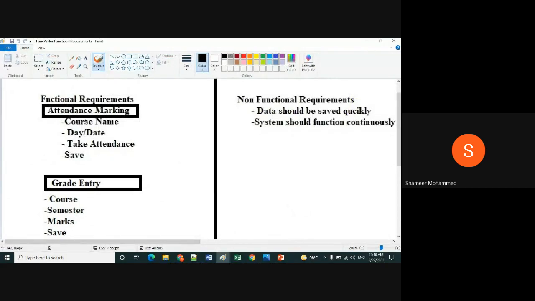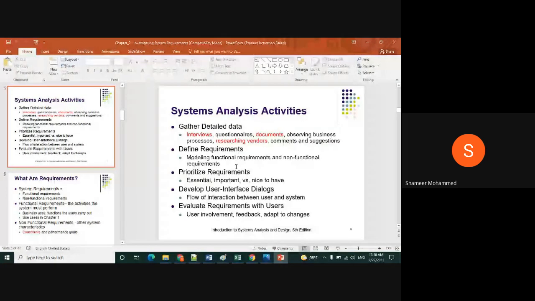So this is important, or this is important first. Taking the attendance is important. After that only, finally you will write the exam, then grades will come. So this needs to be focused first. Like that, you have to prioritize the requirements,